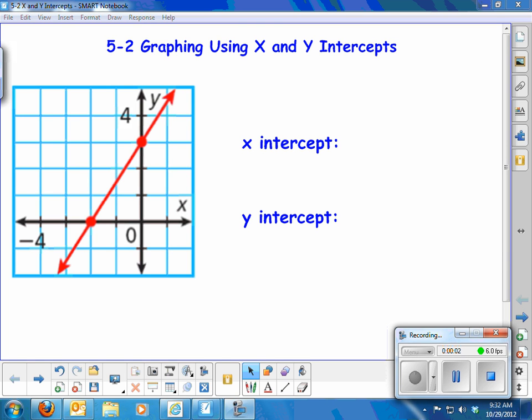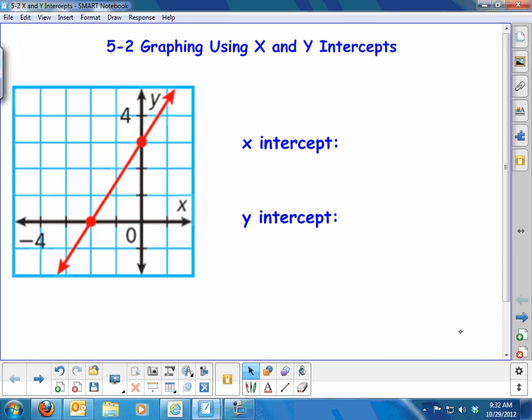Good evening, algebra students. Today we are going to talk about graphing. We're working with linear functions. We're going to talk about graphing using x and y intercepts. Okay, so in order to graph using x and y intercepts, we need to know what an x and y